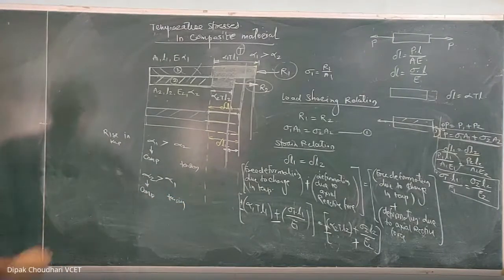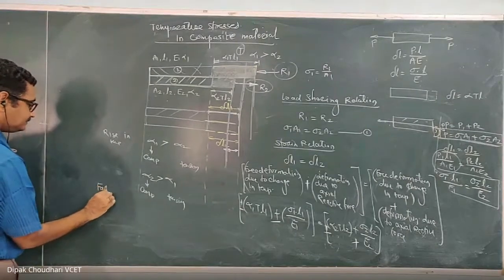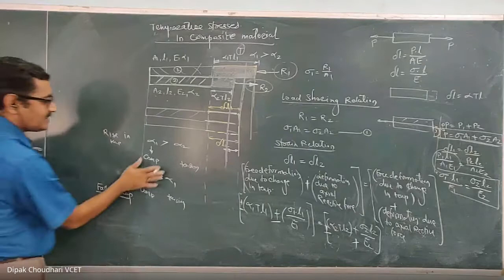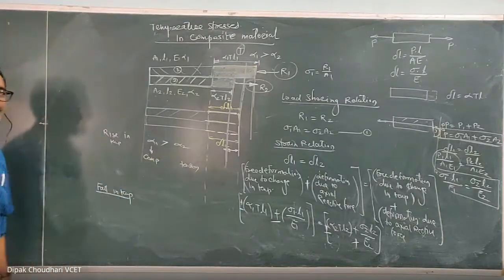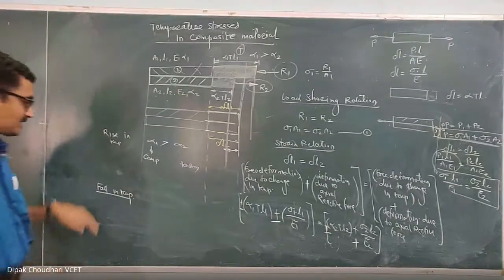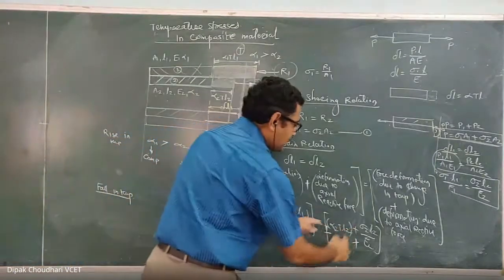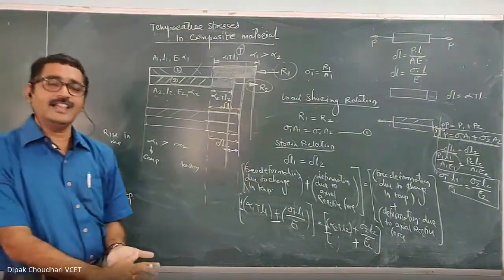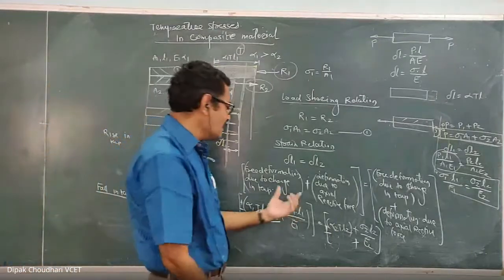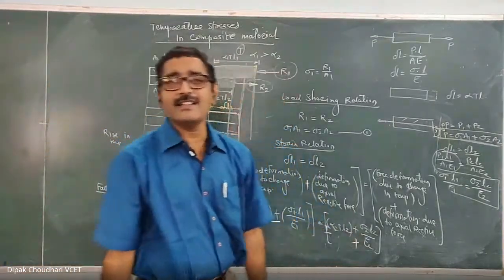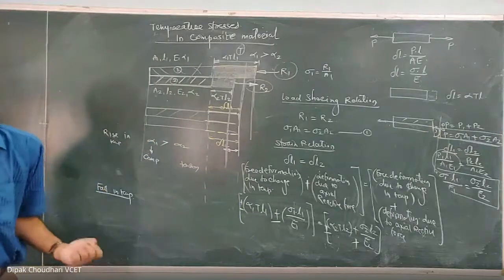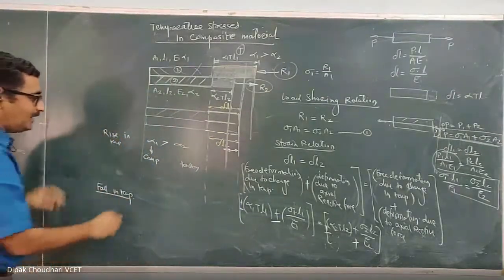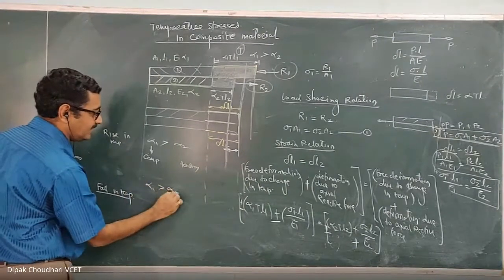Whereas for a fall in temperature, let's consider this case: alpha 1 is greater than alpha 2, and then there is a fall in temperature. When there is a fall in temperature, your first part will be negative, because there is a decrease in length because of the fall in temperature. Now, the second part is the change in length because of the axial force. Which axial force will be generated? So when there is a fall in temperature, let's imagine alpha 1 is greater than alpha 2.